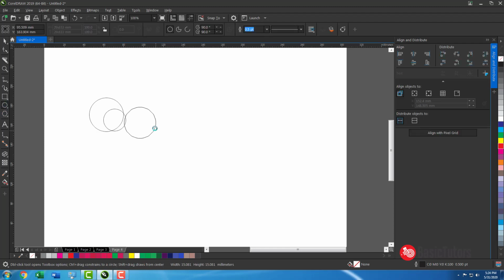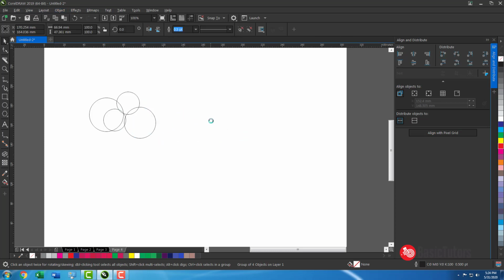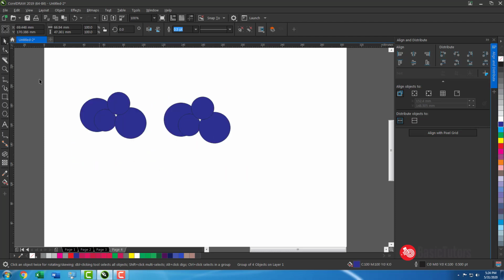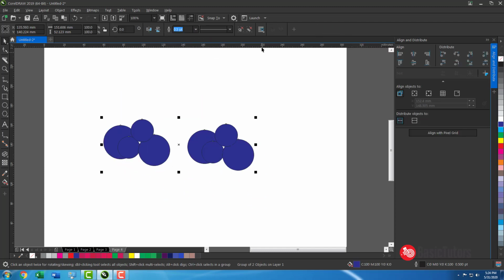Also, selecting all objects and grouping objects. Grouping means you can keep these objects in a group. There is a command to group. Suppose again one more group, there is an enter group also.